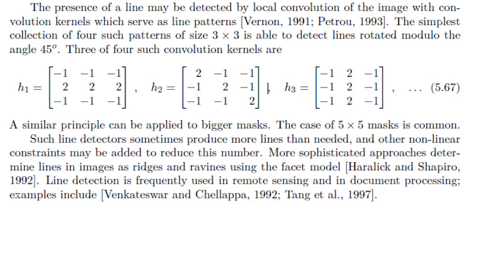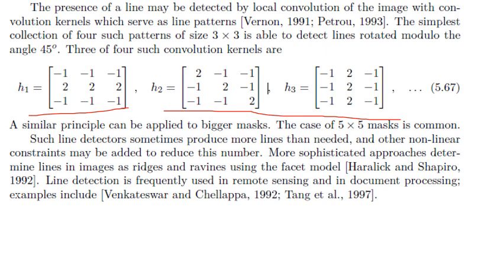In general, mathematically, if you want to do line detection, there are some kernels or filters present. Three such convolution kernels are H1, H2, and H3, which you can see here. We can go for line detection by performing these 3 cross 3 local convolutions with images. Of course, there are bigger masks also present, for example 5 cross 5, etc. But what you see here is a 3 cross 3.